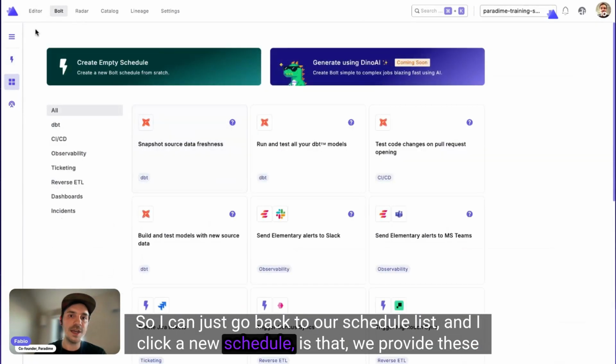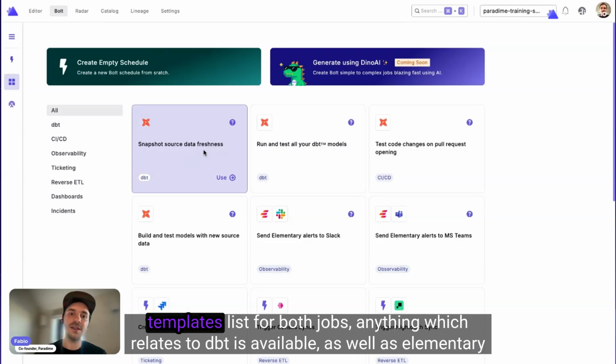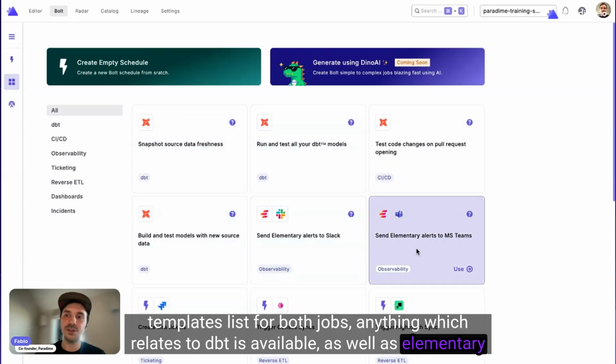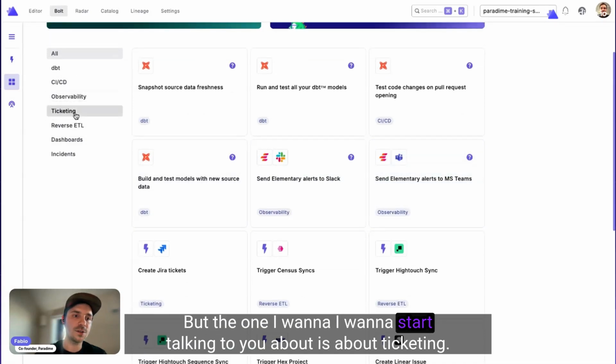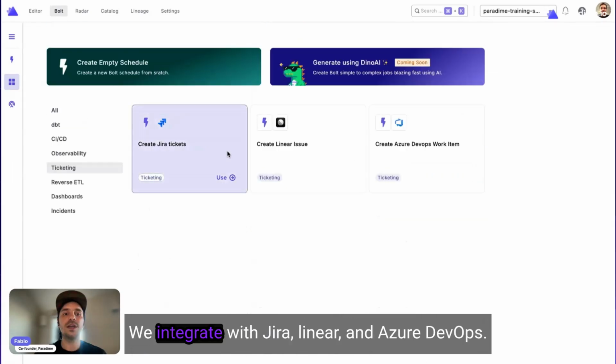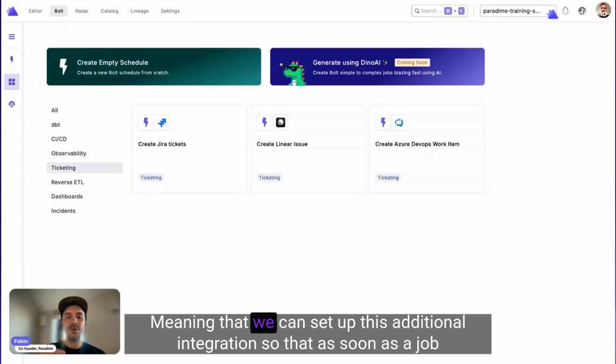click on new schedule, is that we provide these templates lists for Bolt jobs. Anything which relates to dbt is available, as well as Elementary and Microsoft Teams integration and so on. But the one I wanna start talking to you about is ticketing. We integrate with Jira, Linear, and Azure DevOps, meaning that we can set up this additional integration so that as